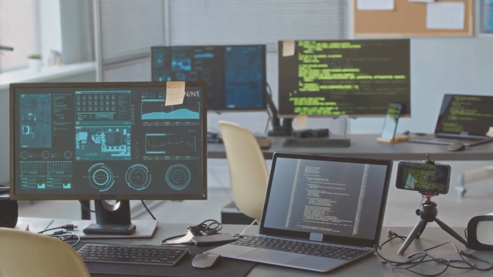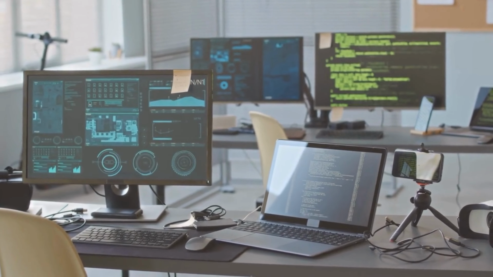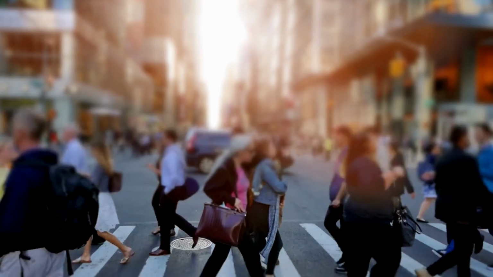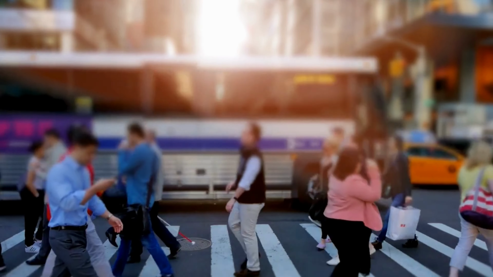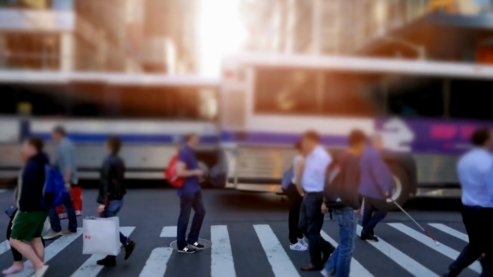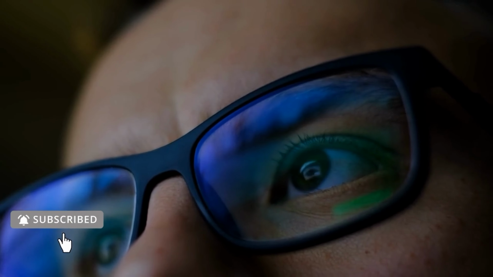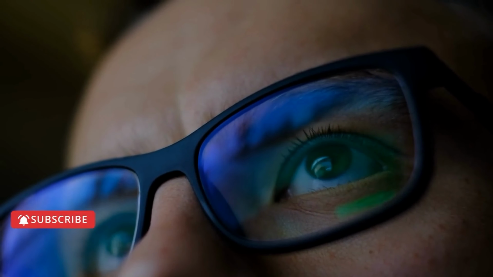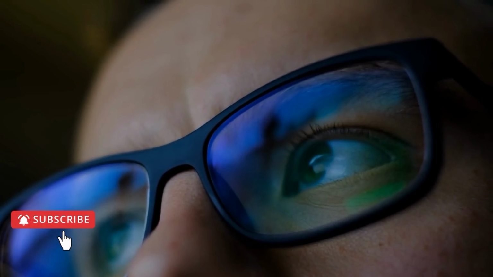Deepfake technology is a powerful tool that has the potential to be used for both good and bad. As the technology advances, it's important for us to be aware of its potential impact on our society and to take steps to mitigate any potential harm. Whether it's through regulation, education, or technological advancements, we must work together to ensure that deepfake technology is used in a